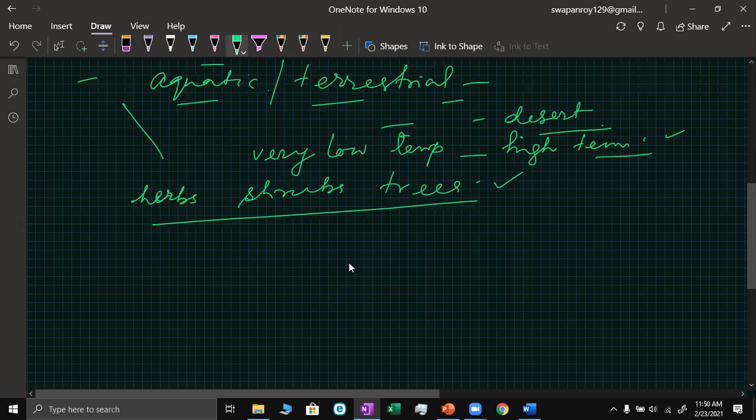In gymnosperms, they are not that successful because all the gymnosperms are terrestrial, only land life, and they are tree species only. Shrubs are very few, mostly trees. Climbers, only two, three climbers are there. So their adaptation ability is very, very less. For survival,